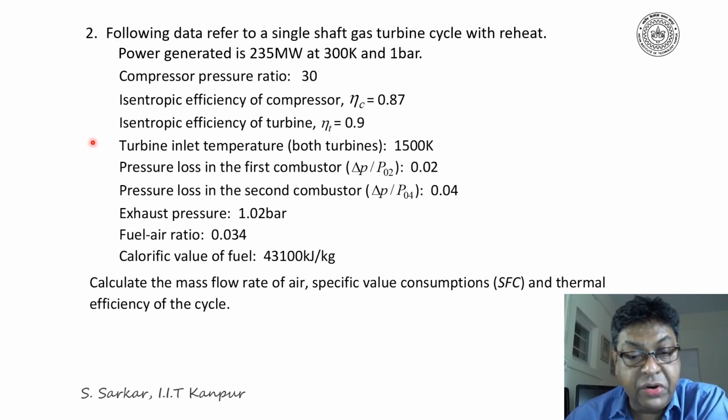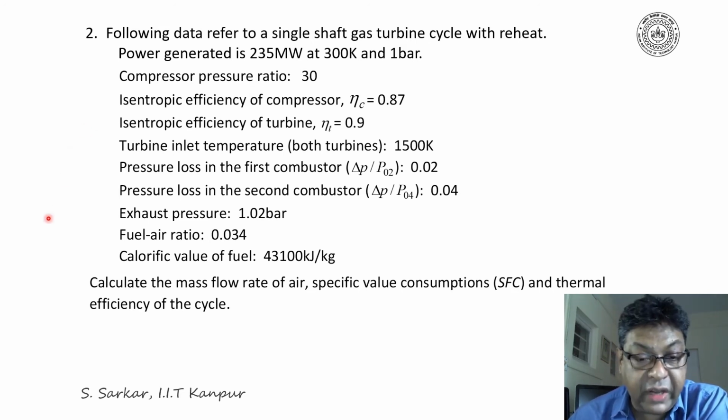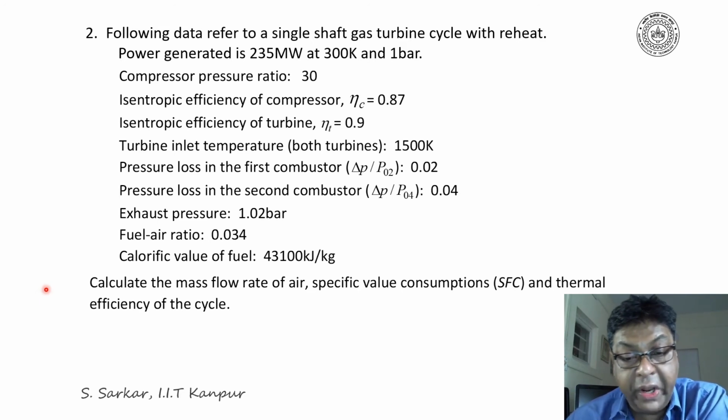Fuel air ratio is 0.034. Calorific value of fuel is 43,100 kilojoule per kg. Now we have to evaluate the mass flow rate of air, specific fuel consumption, and thermal efficiency